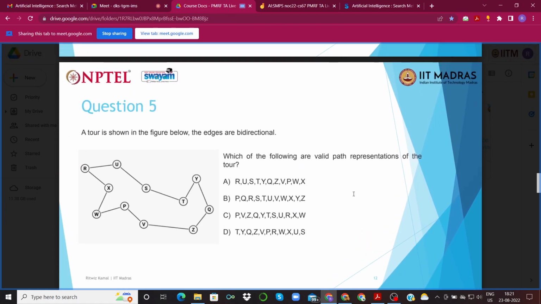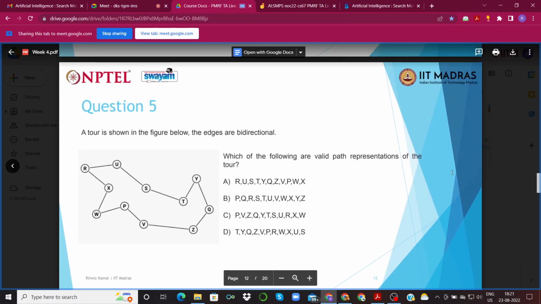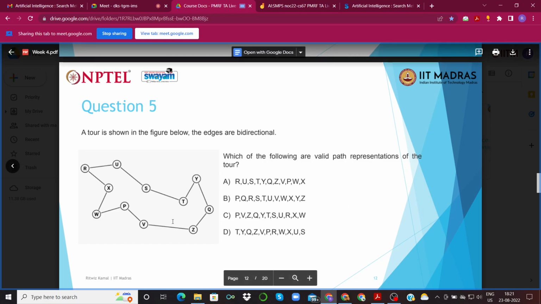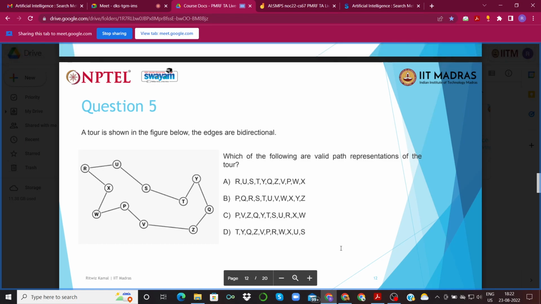Okay, so the previous question was an intuition for TSP. Let's have a look at some of the path representations. This is basically a graph or a tour, you could say, and which of these are valid path representations of this particular tour? Which of these do you think are valid?